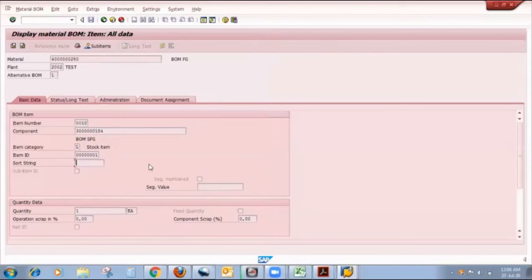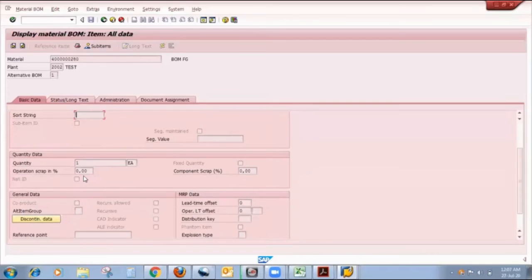Then here sourcing. Sourcing is nothing but we can use this for sorting during creating a report for that finished product. Here is quantity 1. So friends, we can maintain some percentage scrap. There are a number of scraps like assembly scrap, operation scrap, component scrap.